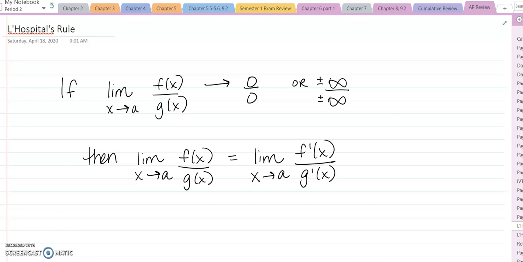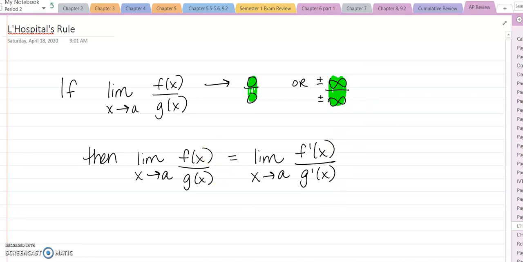So here is a recap of what the rule says. If the limit as x goes to a of f over g goes to 0 over 0 or plus or minus infinity over plus or minus infinity, we don't actually know what these values are. So then L'Hopital's rule says that the limit is equal to the limit of the derivatives. So you can take the derivative of your numerator, take the derivative of your denominator, and then keep going through